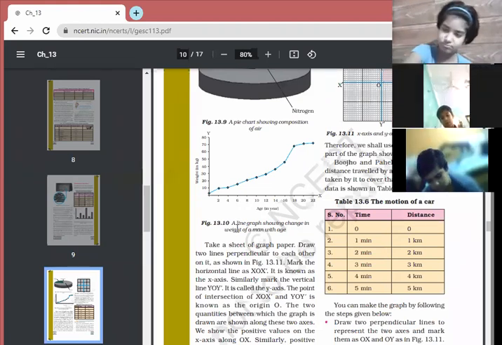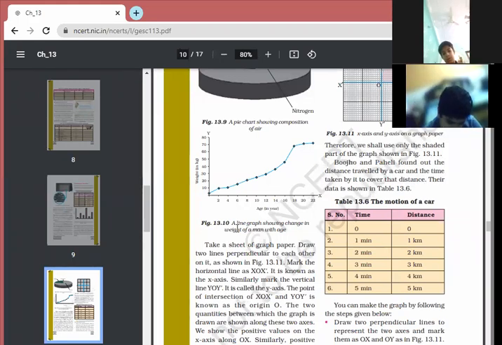So you can easily get it from that graph whether you are moving up or down. Is there any improvement in the terms or not? In the same way, the 13.10 graph is showing the weight and age. So children, you can also draw this graph with the age. As your age increases, every year, or after every 6 months, or every 3 months or 2 months, you can measure. That depends upon you.